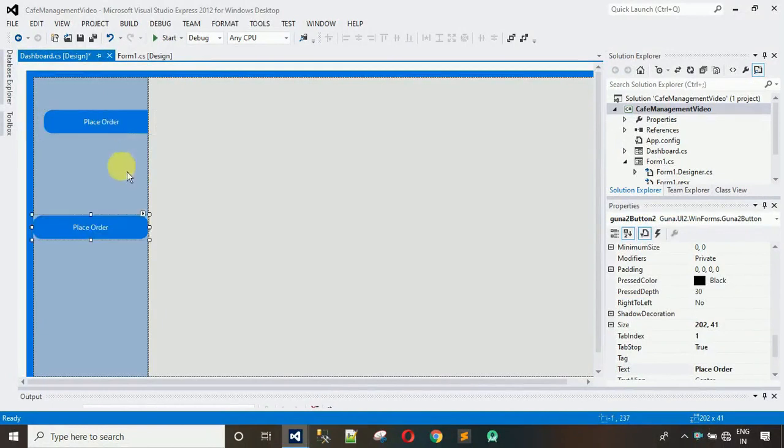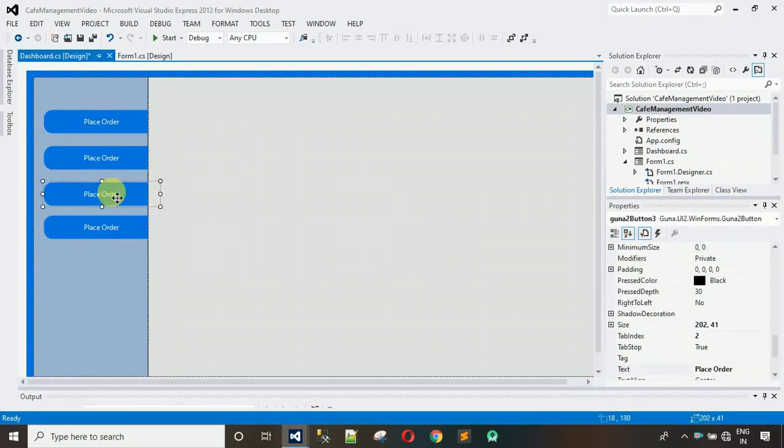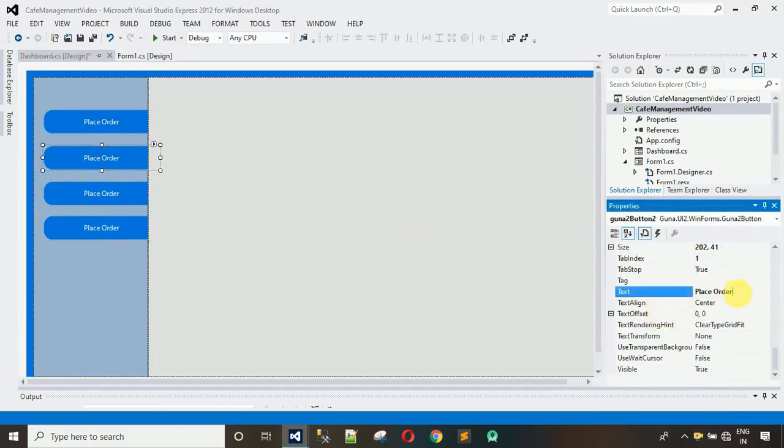After this, we have to add 4 buttons. So I'm going to copy this and paste it once again and place it like this, paste and place like this, paste and place like this. And after this, we have to set the text for all these buttons. So the first button is Place Order, the second one is Add Items, the third one is Update Items, and the fourth one is Remove